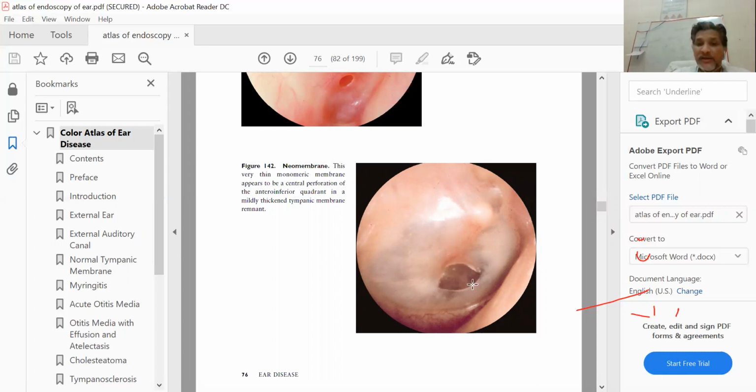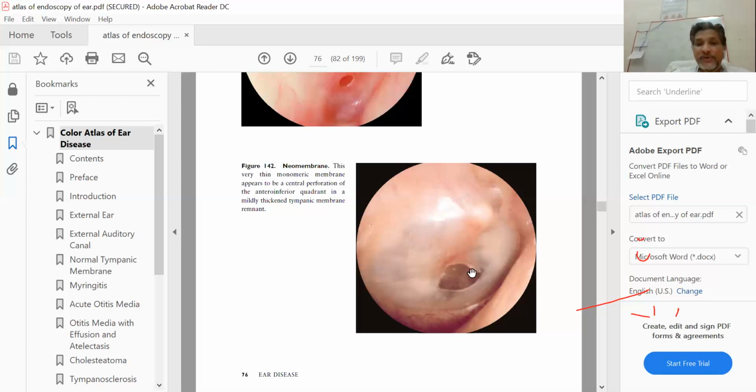The normal tympanic membrane is rather translucent, but this part which has healed is quite transparent, you can say, because when the tympanic membrane heals, only two layers heal on it. Number one is the epithelial layer, and number two is the mucosal layer. The intermediate fibrous layer does not grow. So the normal tympanic membrane has three layers, whereas the resurfaced tympanic membrane only has two layers.